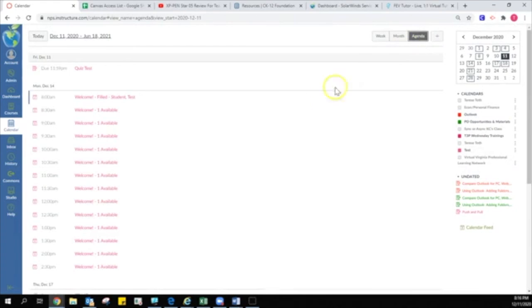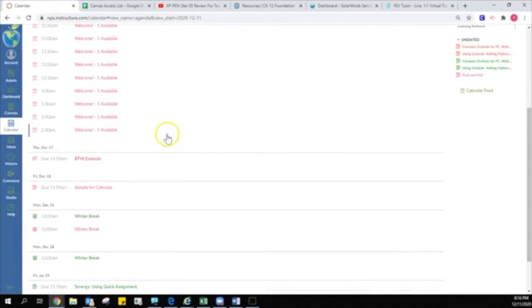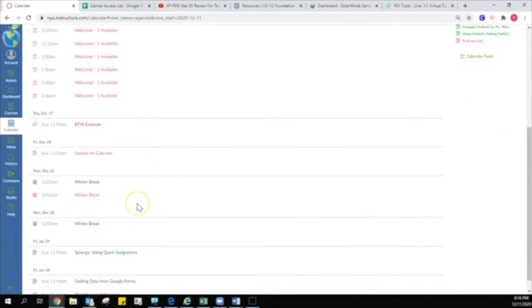And then the agenda view, here's our quiz test that we had, and then all of those appointments that were available, and this one has been filled with test student. And then we've got some different examples